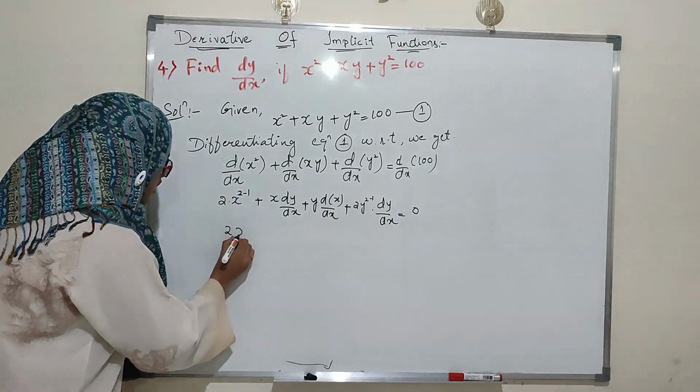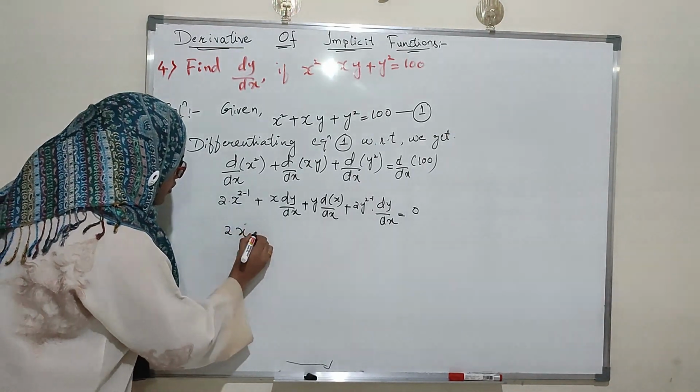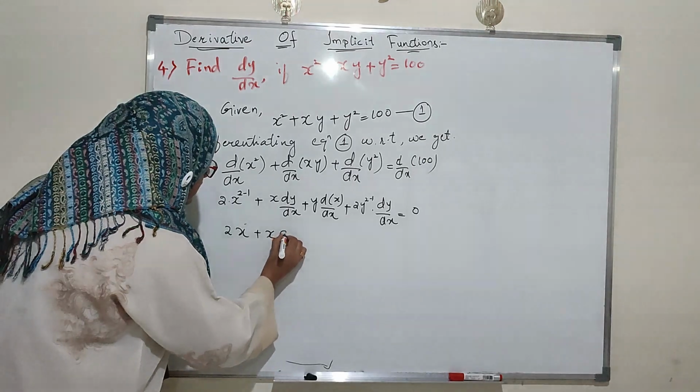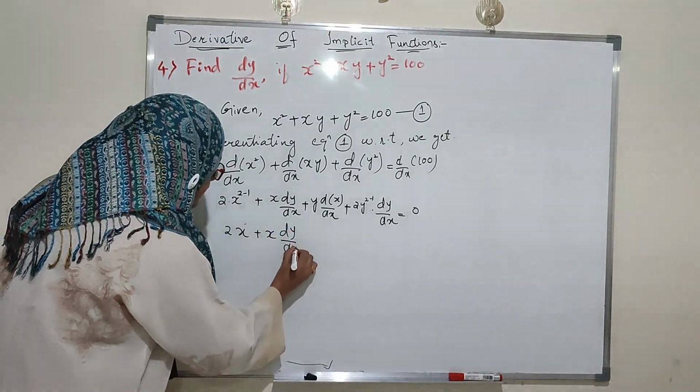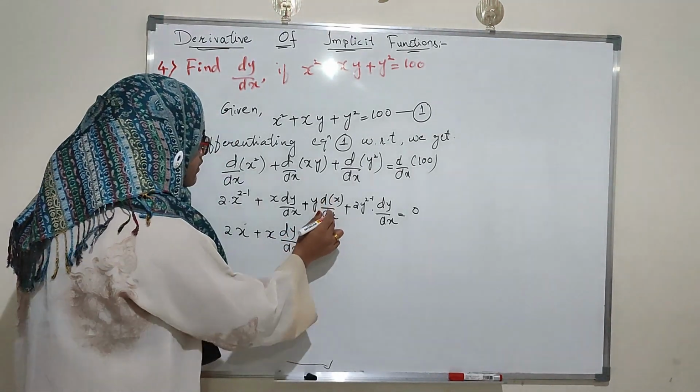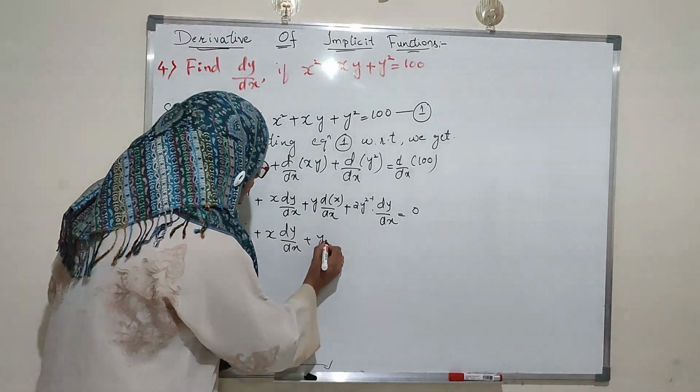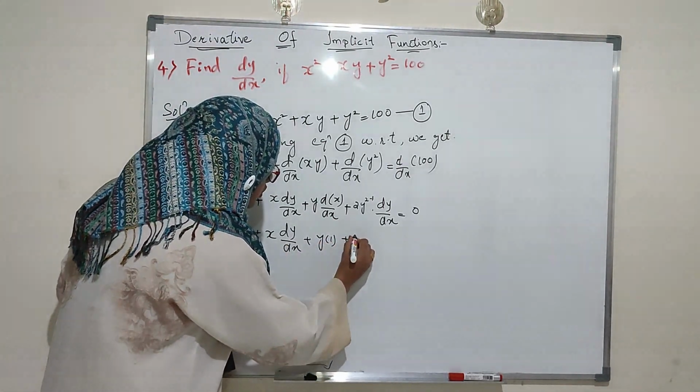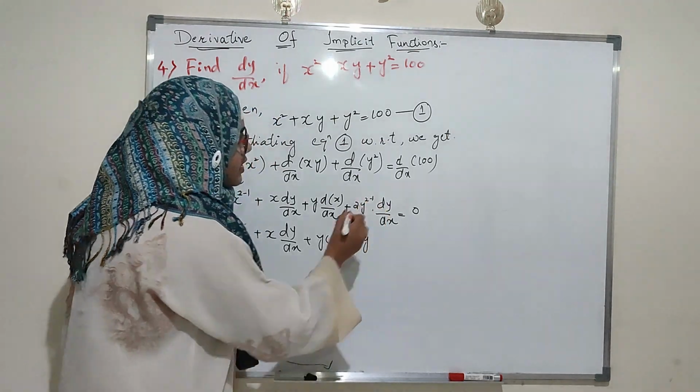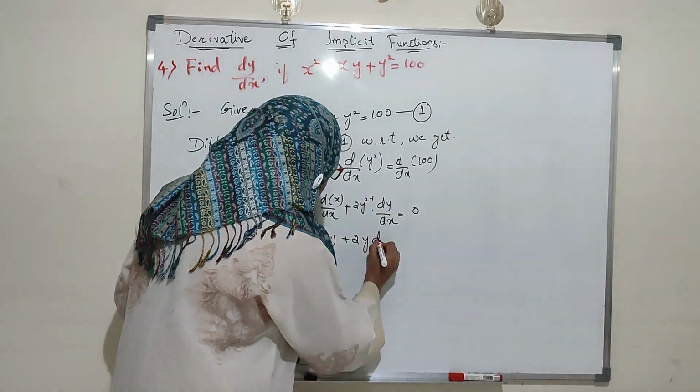So it is 2x raised to 2 minus 1 is 1. No need to write, just write, plus x dy by dx plus y, differentiation of x with respect to x is 1. So into 1 plus 2y raised to 2 minus 1 is 1. Okay, dy by dx